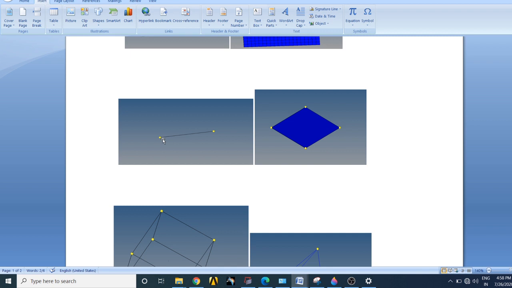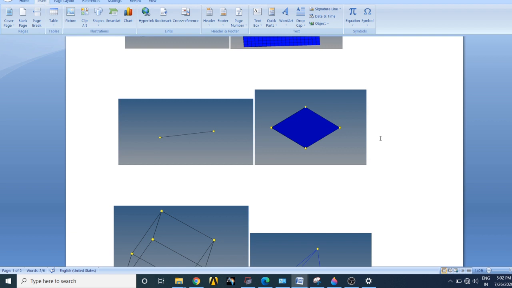These are used only when the size of the structure is too large in one direction and very small in the other two directions. For example, a shaft. In a shaft, the size is too large in one direction and too small in the other two directions.